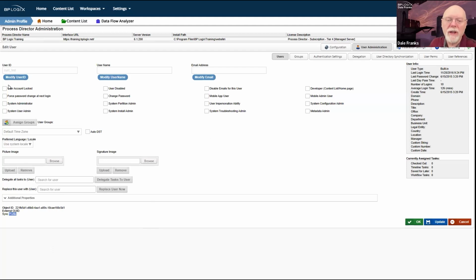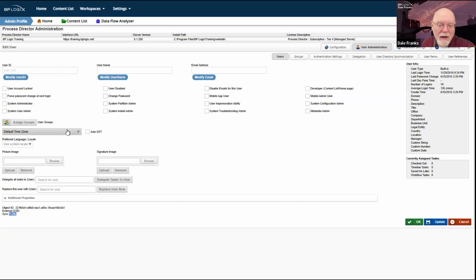Everything else in the user profile is pretty straightforward. You can lock their accounts. You can force them to change their password. For those of you who have the mobile app component, you can make them a user of the mobile app. You can make them an administrator of the mobile app. And then, of course, there's all the administrative configurations at the bottom of the screen.